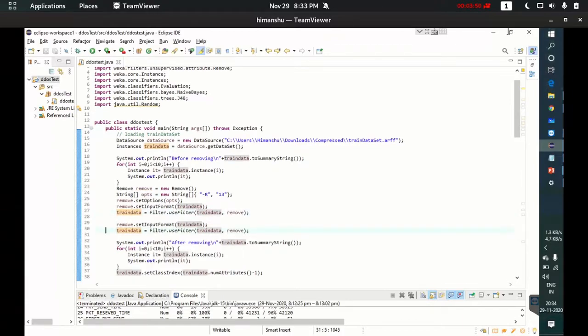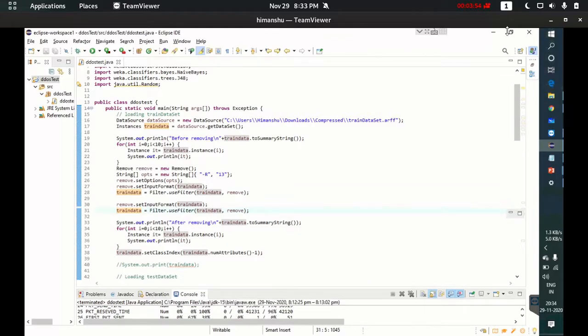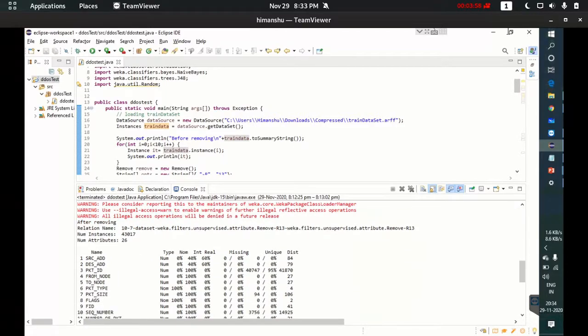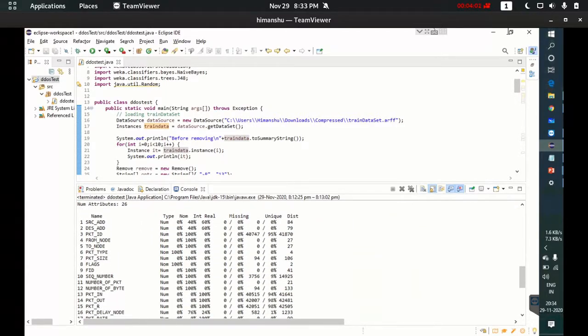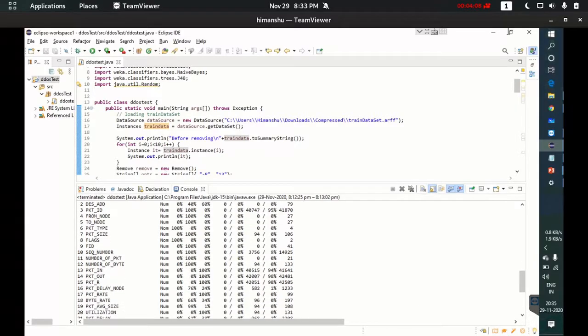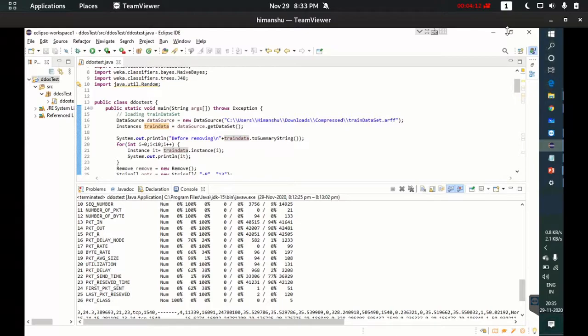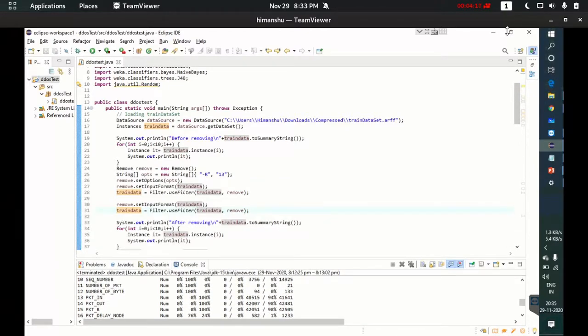Now we will check the filtered data. Here is the filtered dataset. So node name from and node name to are removed from the dataset. Now we set the class index.